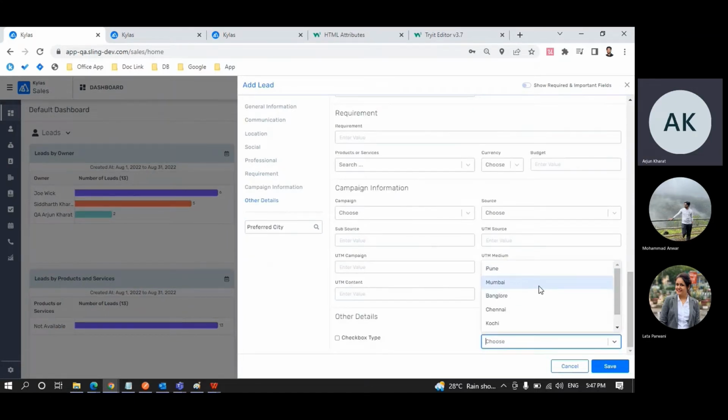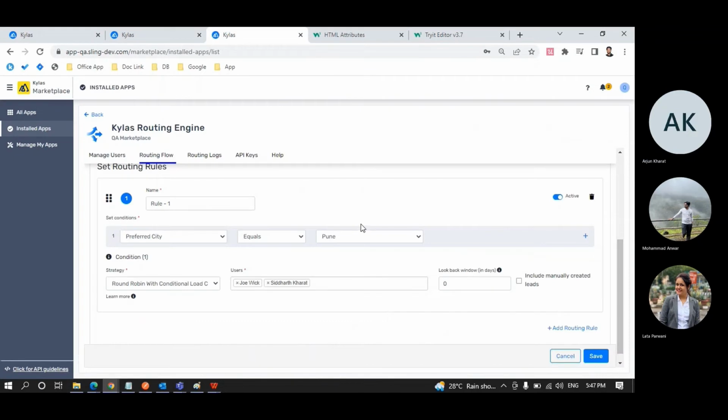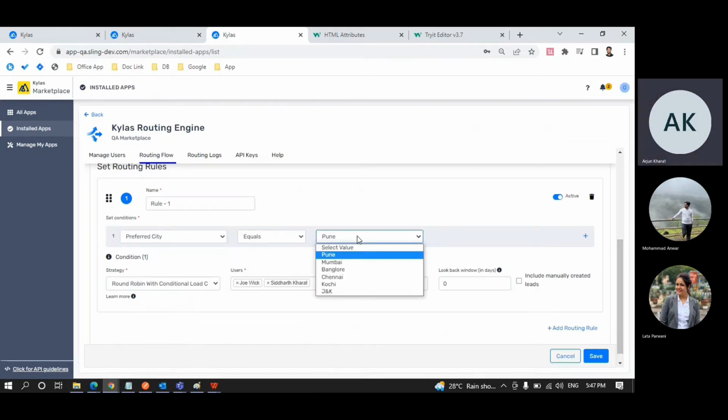You will see I have preferred city as a pick list drop down having this many values, and I see the same values in the routing engine under the field values, the value that I need to consider in the rule. So basically, what we have done is, when the preferred city equals Pune,